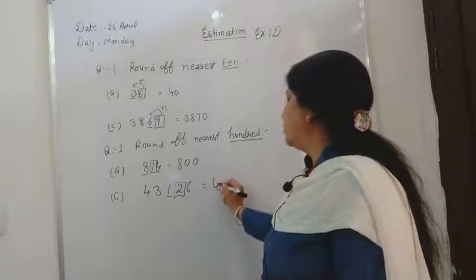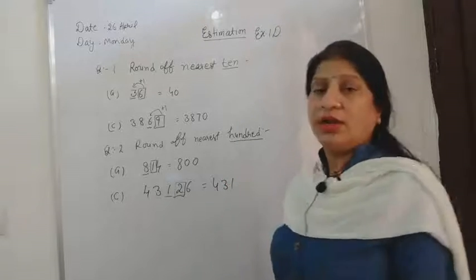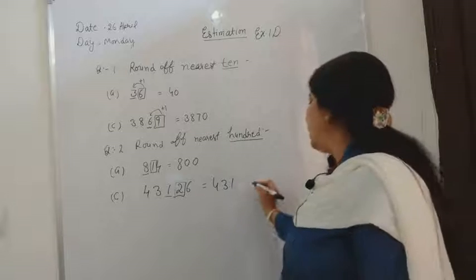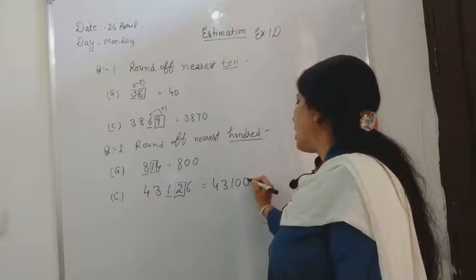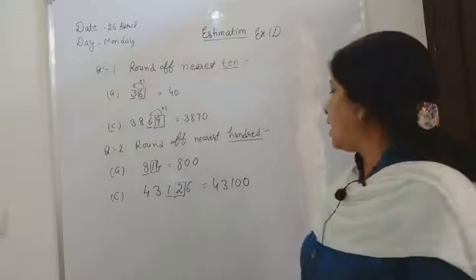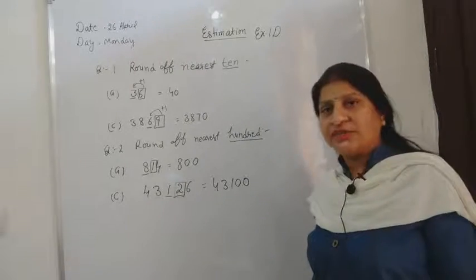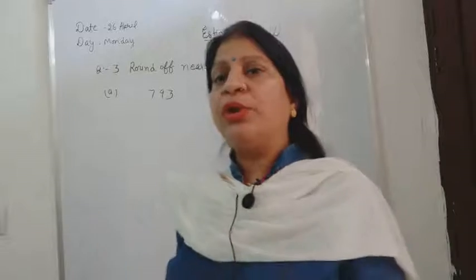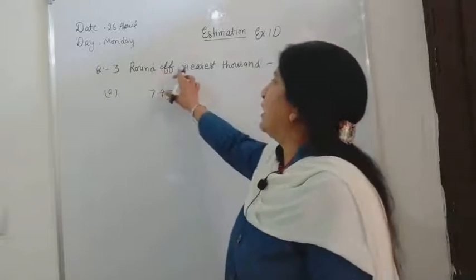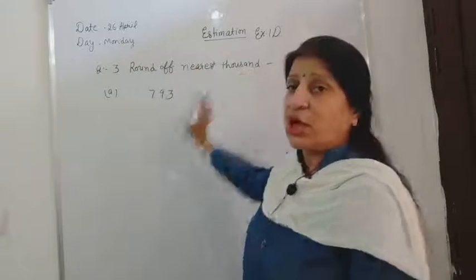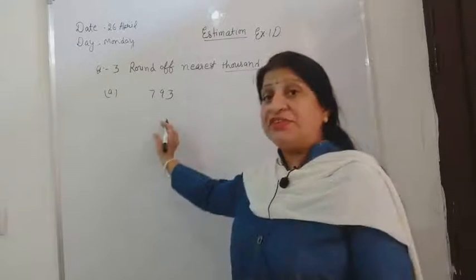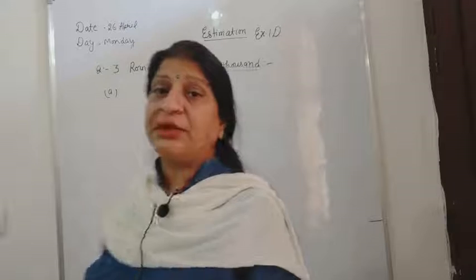So our number becomes 431, as it is and we replace ones and tens digit by 0. So our answer is 43,100. Clear this one? Now we start our next question. Now in question number 3, we see that round off nearest 1000. Nearest 1000 round off and we see in the first part the statement is